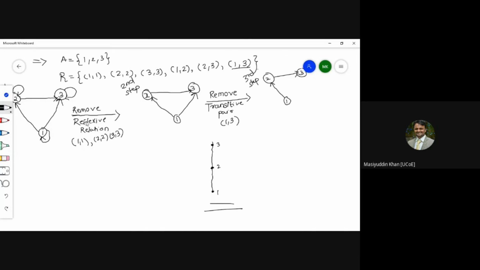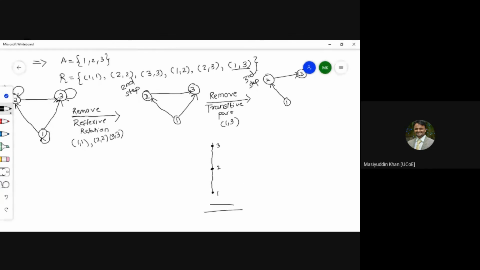the procedure of Hasse diagram. So again, one last time I'm repeating. First, you have to draw the diagram, then remove all reflexive pairs, then remove all transitive pairs, and at the last, make it in upward directions. लास्ट में एरो रिप्रेजेंटेशन निकाल देना है, सिर्फ डॉट से रिप्रेजेंट करना है, और सर्कल रिप्रेजेंटेशन ऑफ 1 2 3 just like it is given, you have to remove and just represent with the dot. Now, just wait, taking the attendance.